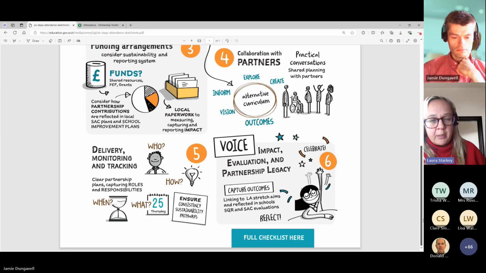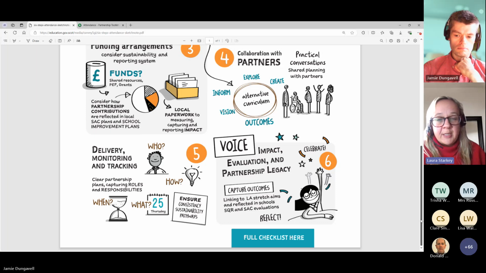So including the partners who are involved, including the school, who's going to do what, when and how. And that's really important that we then have that as a collaborative partnership that they're agreed, and that you have that and can monitor it and then can track that information. And then the last one there is obviously really important, which is then about celebrating the impact and